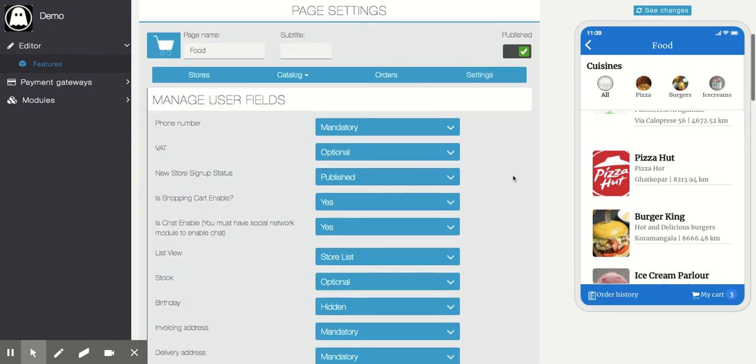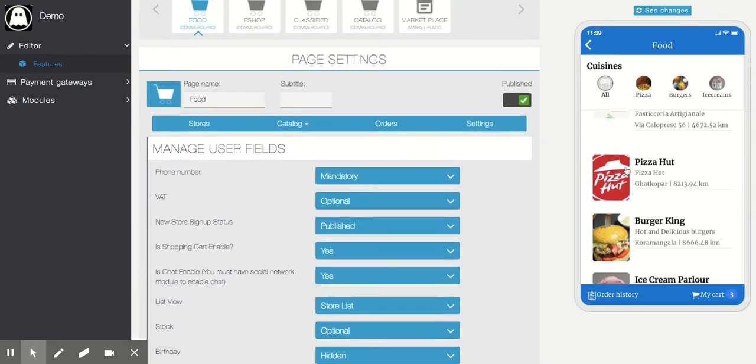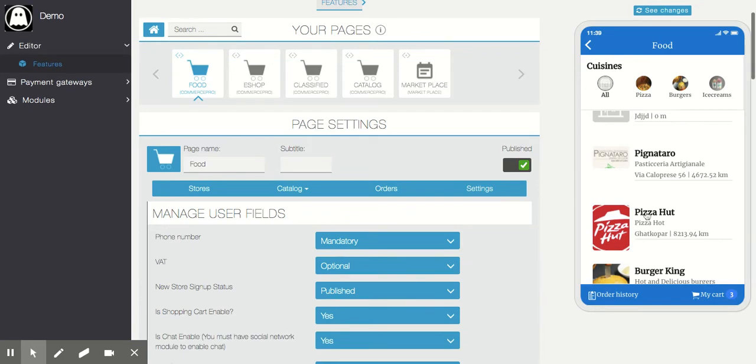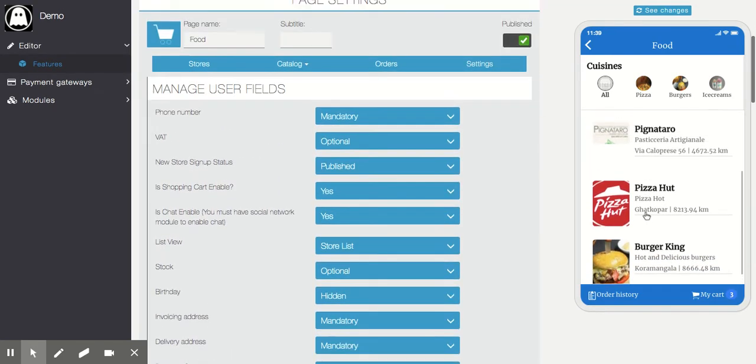So as you can see, this is the Commerce Pro module, and this module can be used for multiple purposes. Like you can use it for just listing your products like a catalog or classified, and you can have buyer-seller chat. You can do so many things with a single module, and this module can be added multiple times in a single app, and with some settings it will change its behavior. So first I'll show you the demo I have done.